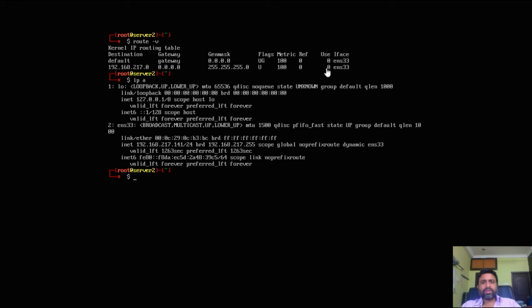The second rule is 192.168.217.0, that is the destination network, and the gateway can be any gateway, and the mask is /24 or 255.255.255.0, which is nothing but /24, and the flag is U, which means used. This route is being used, and the interface through which the data packet leaves is the source PC LAN card, which is ENS33, which is also displayed here. So this is what is meant by routing table.